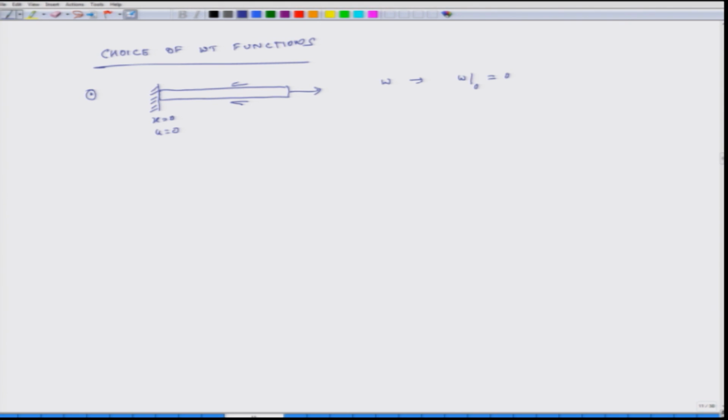Okay. What could be an example of such a weight function? One example could be x, another example could be x square, another example could be sin pi x, and so on and so forth. Okay. So, this is one. Another case, so here I am applying a force. In this case,